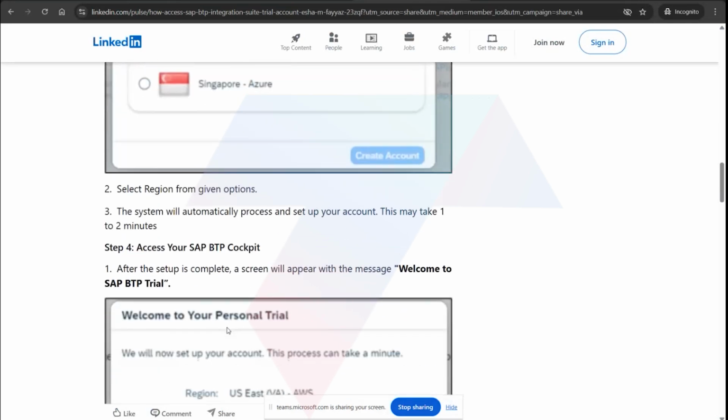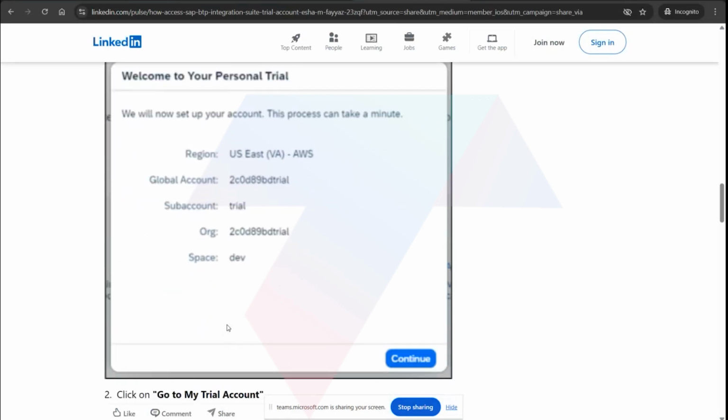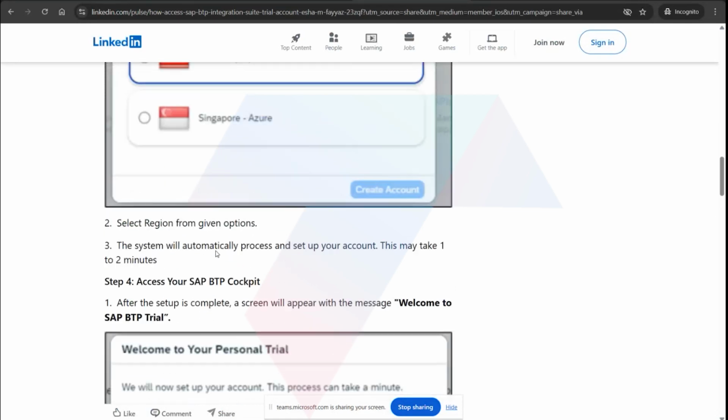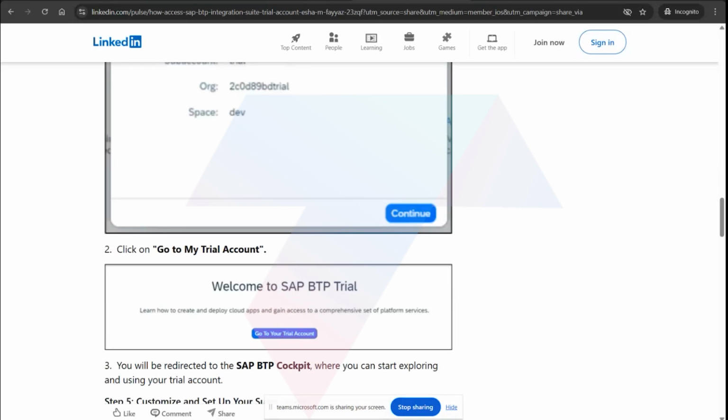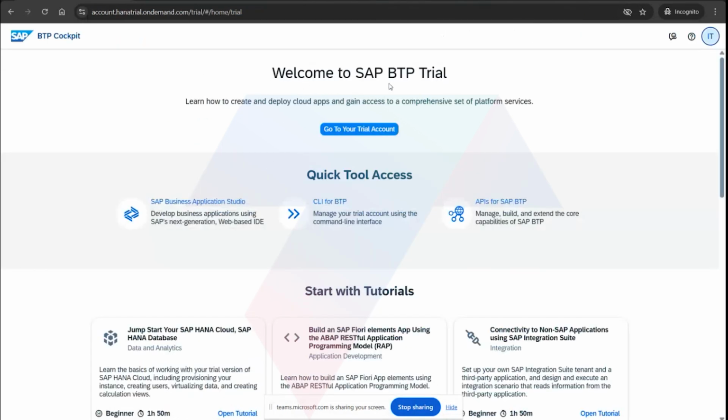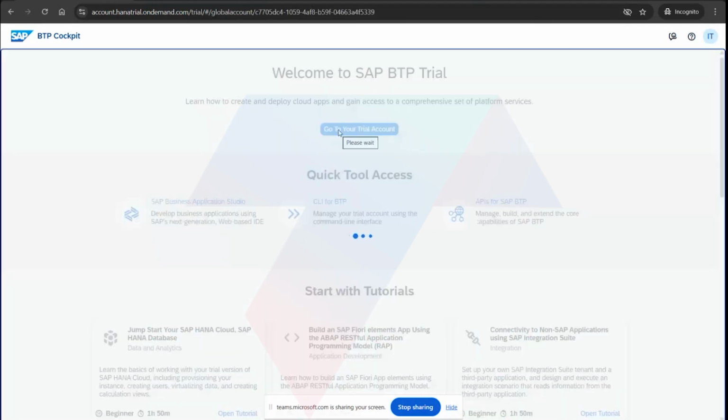After that, you just need to create the account. Then if you click on continue, the screen will look like this: welcome to SAP BTP trial, go to your trial account. Something like that will be there. When you click on go to your trial account,